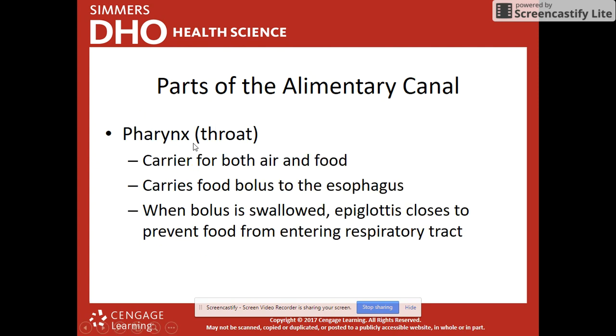So again, the pharynx is the carrier for both food and water. Food and air. Goodness. So it's going to carry a food bolus to the esophagus. Now, bolus just means like a wad of food. And then when your bolus is swallowed, the epiglottis is going to close to prevent food from entering